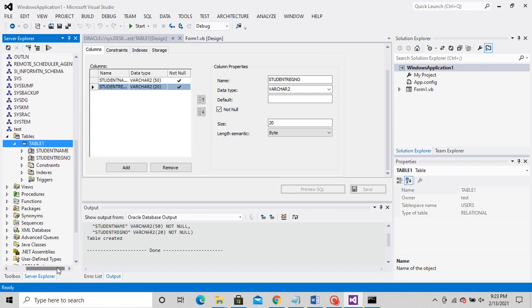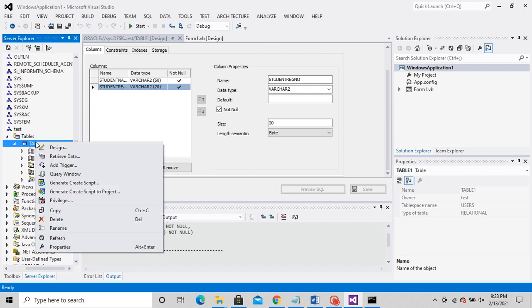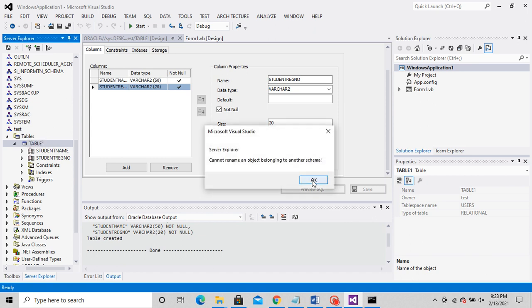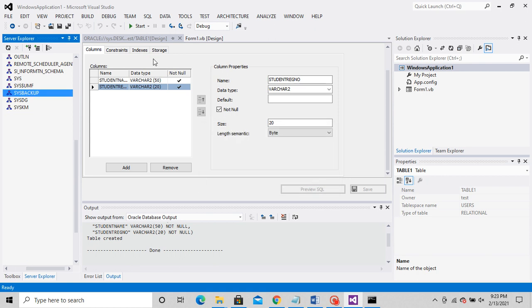I have two columns here, student name and student registration number. If you want, just rename the table to student.